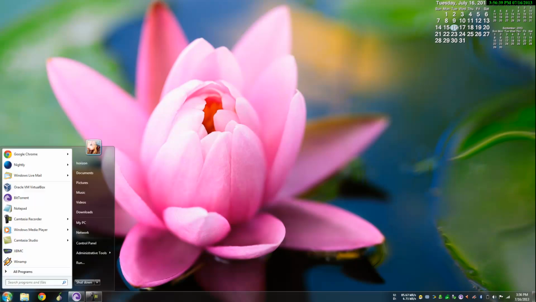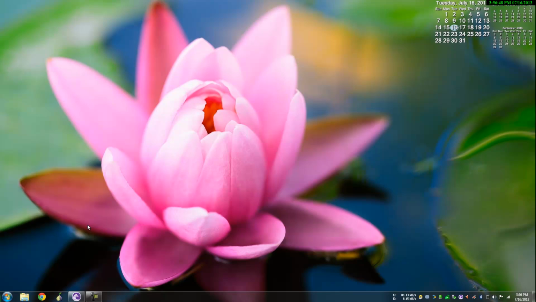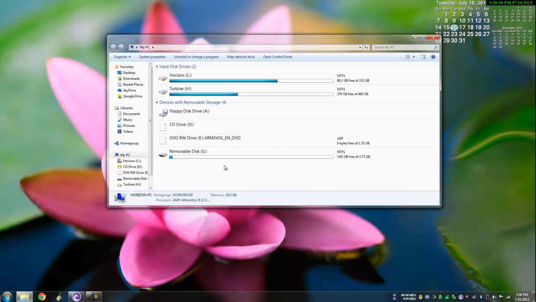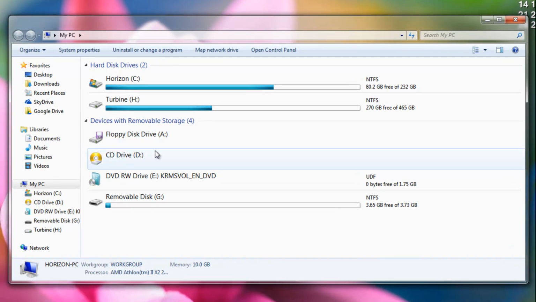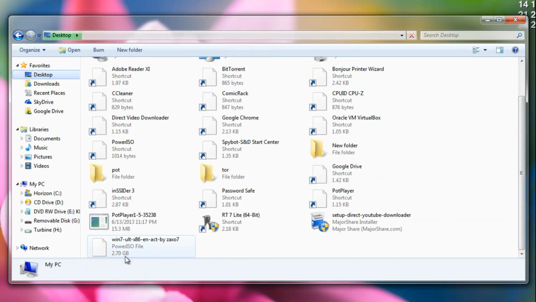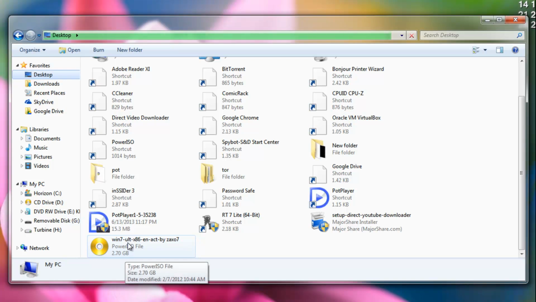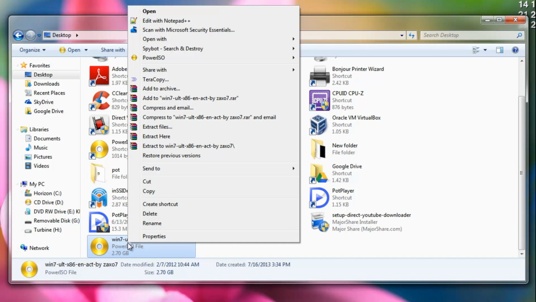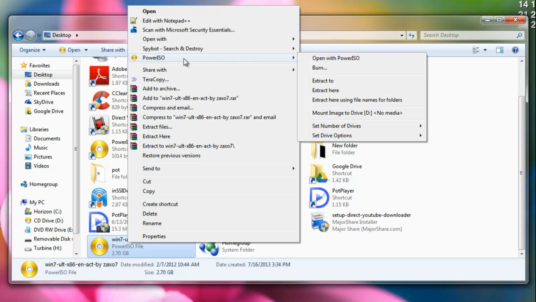First, we're going to mount the Windows 7 ISO file. I have my ISO file on my desktop, and as you can see here, my Power ISO program has already mounted a DVD drive for use. So I'm going to my desktop to look for my ISO file. It's right here. Right click on it, go up to the Power ISO option and come down to mount to